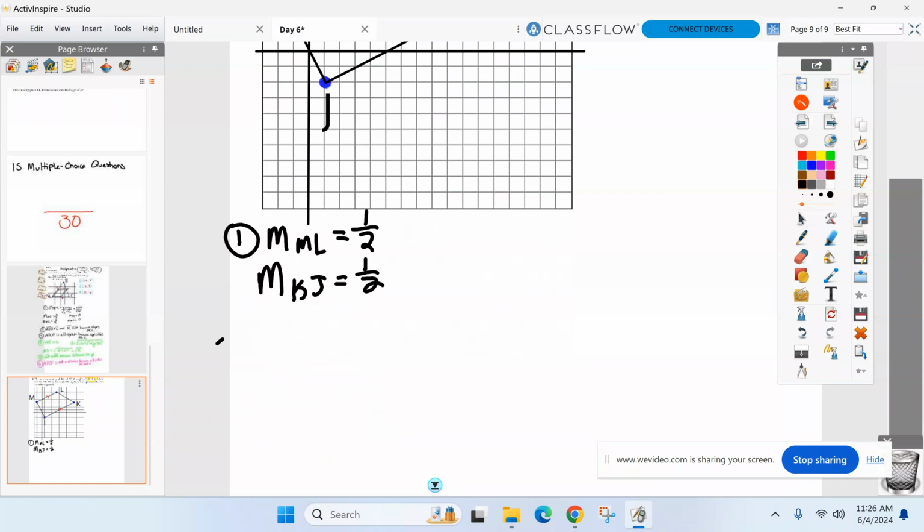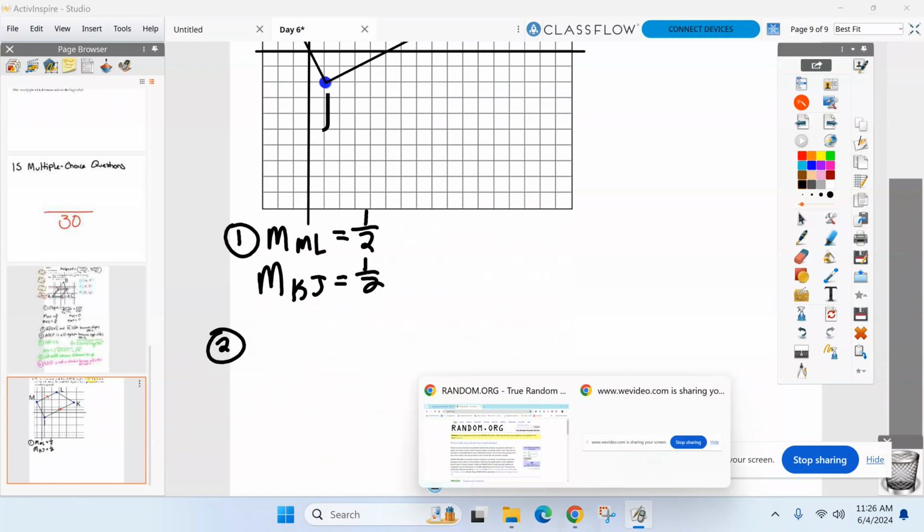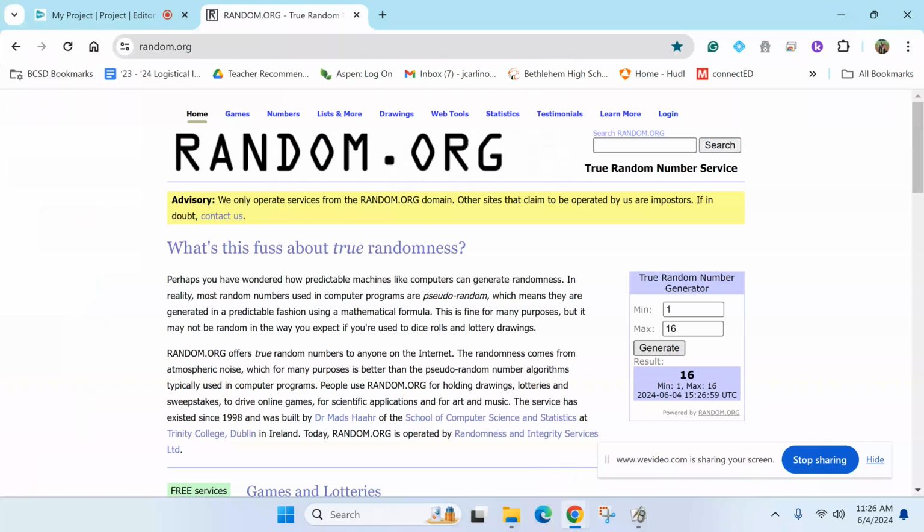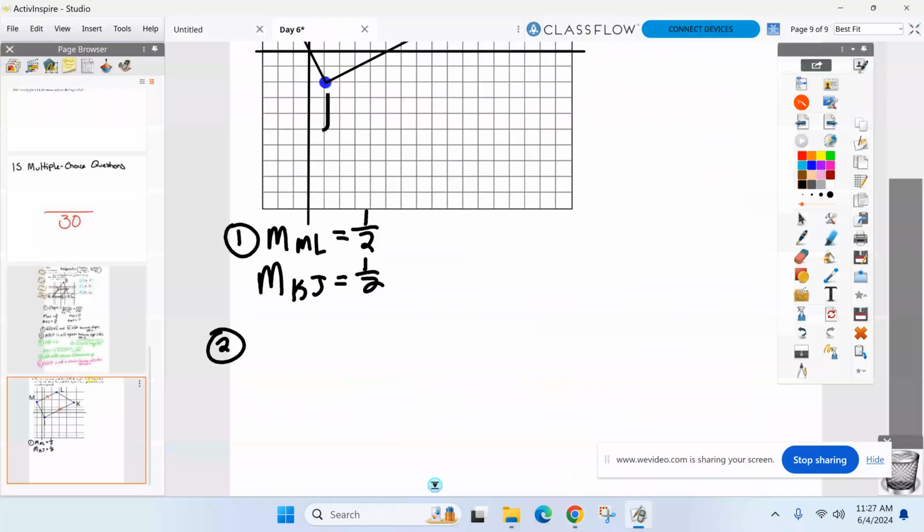Just like we did in the last one, step 2, what did we just learn, right? What did we just learn doing that? Step 2, what did we just learn? Oh, Steve, what did we just learn? The slope